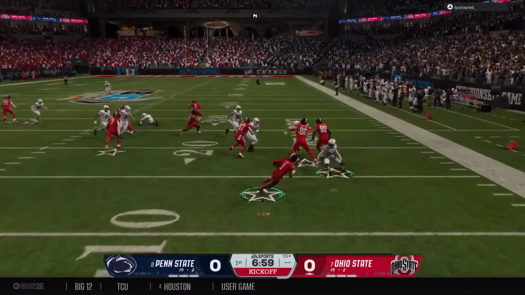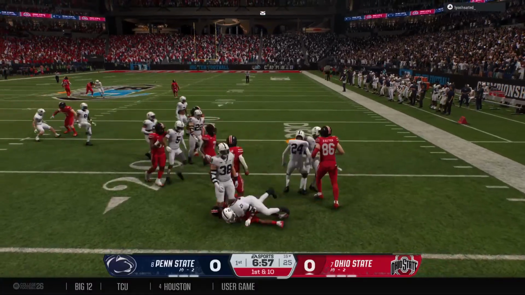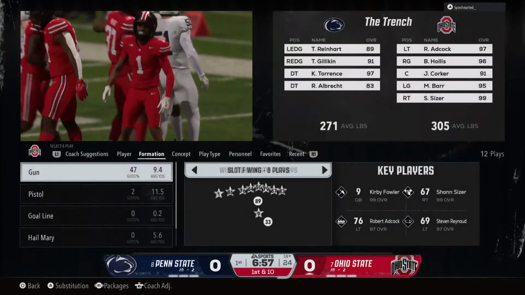And he takes this from inside the 5. He'll be tackled at the 18. That's good coverage there.